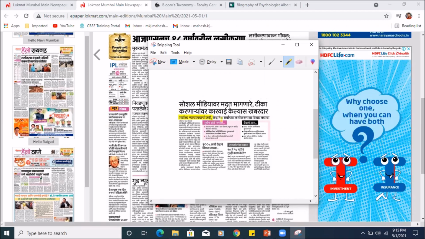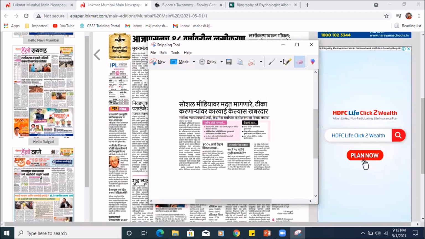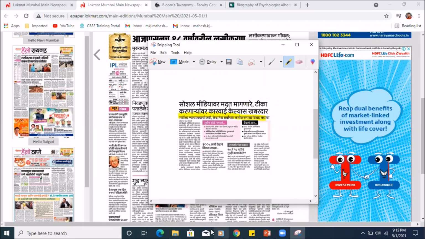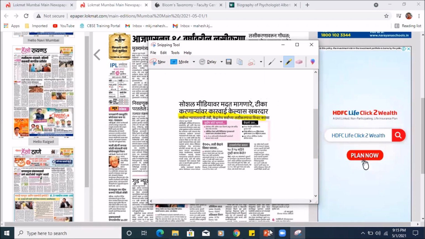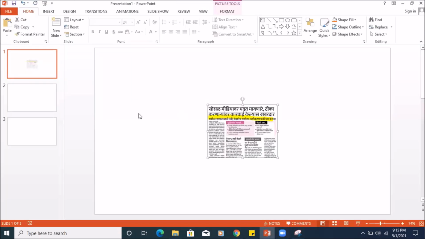You can see I have highlighted this part, and it also has an option of eraser, so I can erase it. I have highlighted this for my classroom to discuss, and then I can save it. If I have my PPT open, I can just press Control V, and it's saved by default. The highlighted part is also saved.